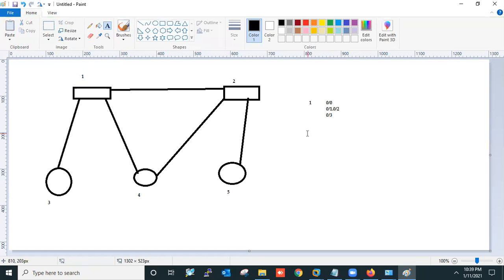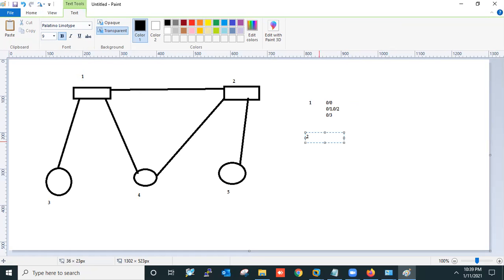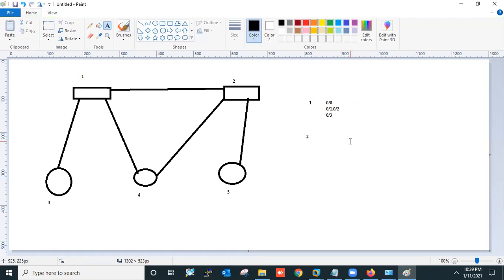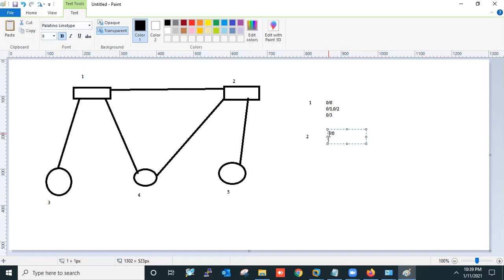If I need, let's say, 5 interfaces, I have to choose two slots that will include 0 by 0, 0 by 1, 0 by 2, 0 by 3, 1 by 0, 1 by 1, 1 by 2, and 1 by 3. So one single slot will have 4 ports. Now, device number 1, device number 2,